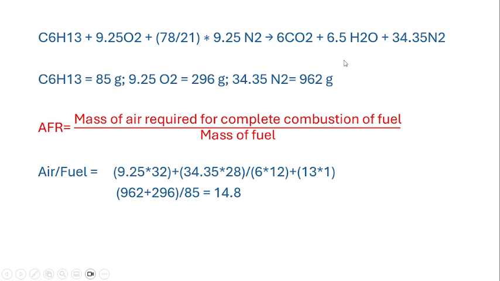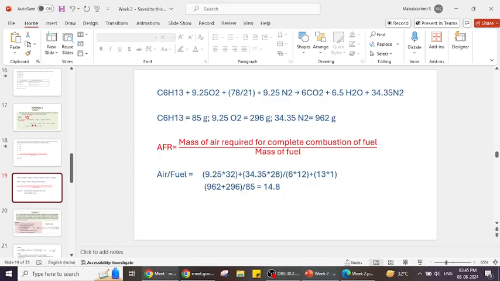I hope you also get the same stoichiometric equation, and we are finding the molecular weight of the fuel as well as the oxygen and nitrogen. So you have to calculate the air to fuel ratio using the formula mass of the air by mass of the fuel. So in the case of mass of air,